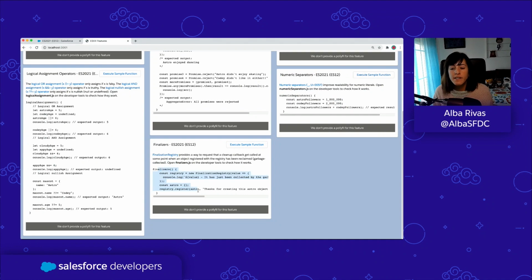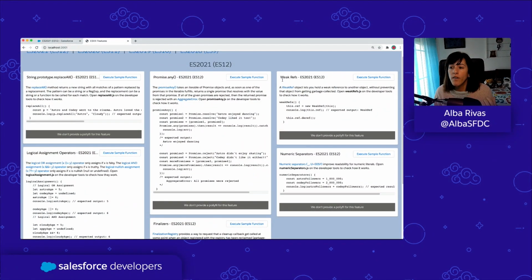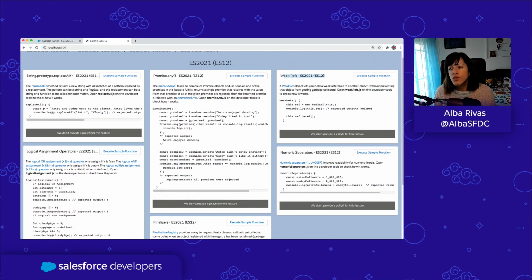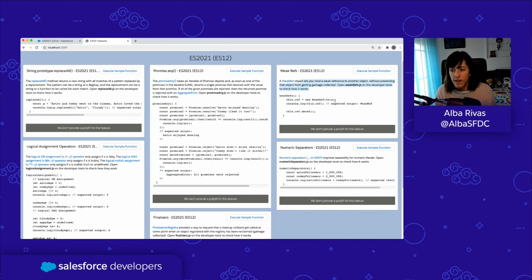And a finalizer is a callback that you can specify to be executed when that happens. And a weak reference is a way to create an object in memory which is weak. When you create a regular object, the garbage collector